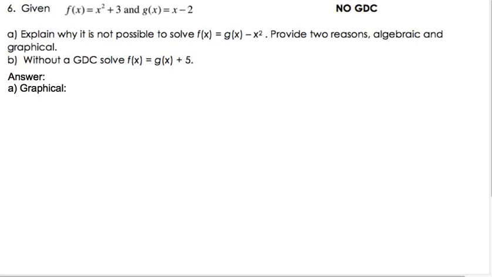Let's look at question 6a one more time, and this time we are going to think about it graphically. So similarly as before, we will have an equation f(x) equals g(x) minus x squared. So then f(x) is x squared plus 3. Here we substitute it into f(x), and g(x) is x minus 2, and then we still have the minus x